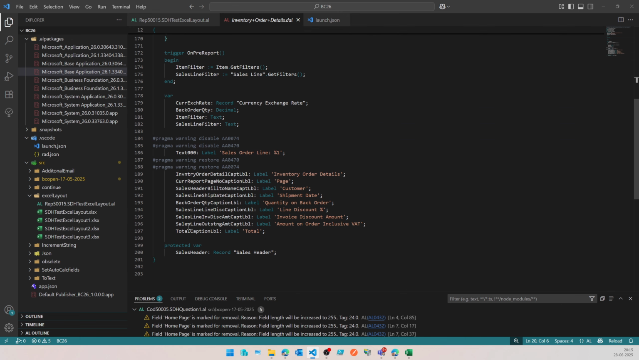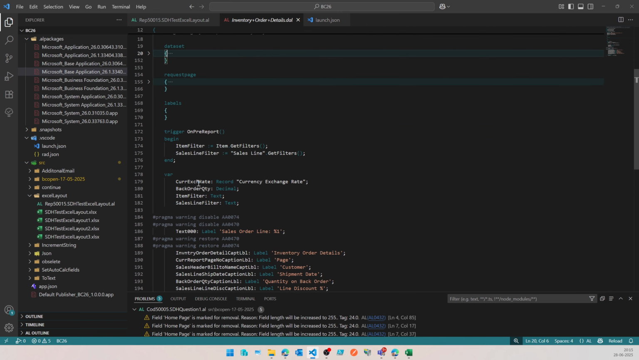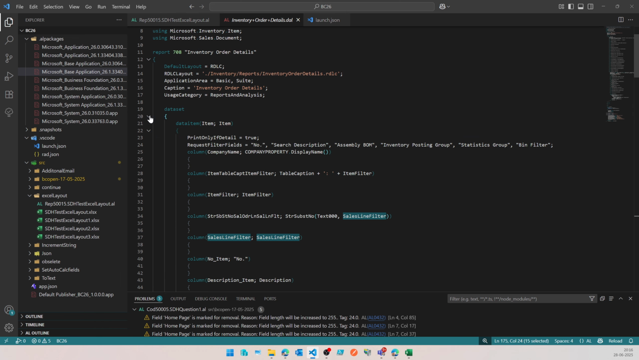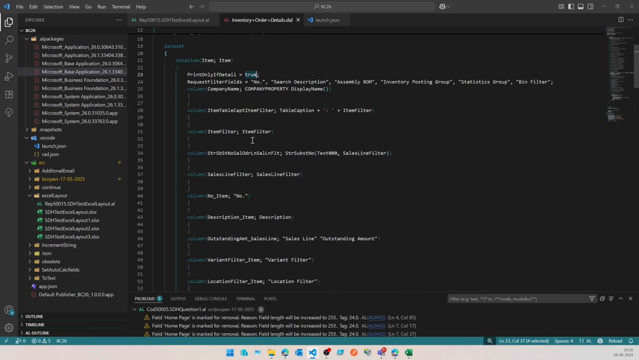Okay, I don't see any code here. Item, it should get all the items. There's no filters associated to it. And then print only if detail. Okay, so if there are any